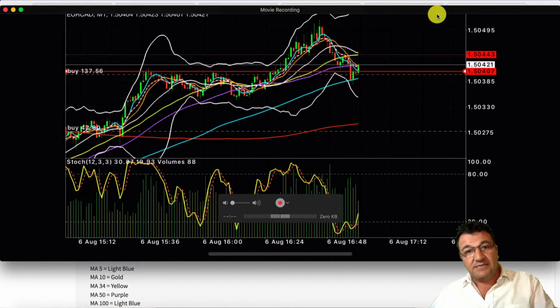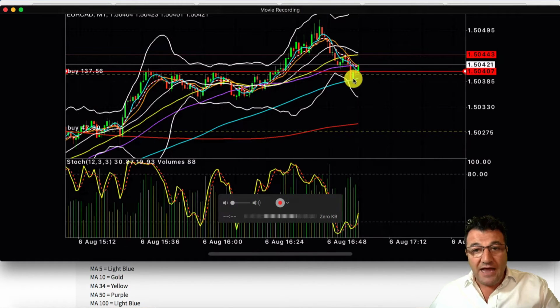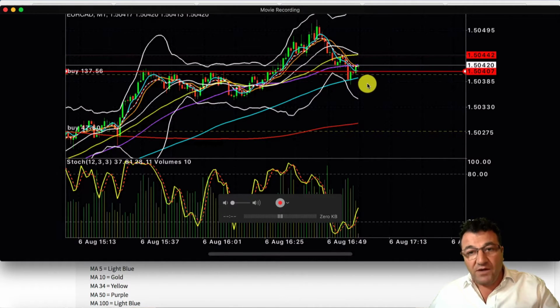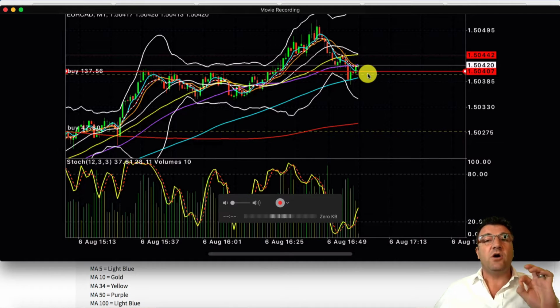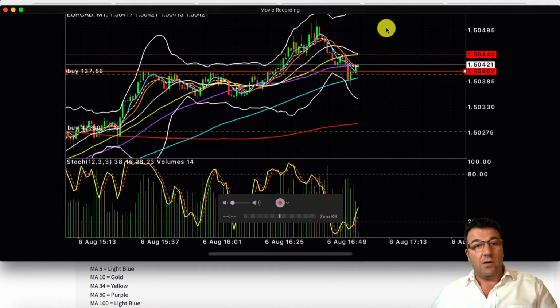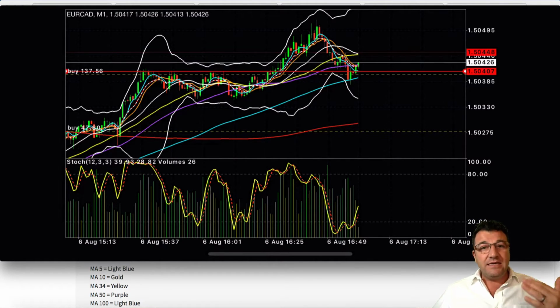So we're hoping, as you can see over here, stopped on the blue line. This one stopped on the red line, which was, if it came up to the top, it would have been a point of resistance. Now that it's coming down, we're hoping that that resistance becomes a point of support and the currency keeps on going north. Okay, so I hope that gives you a little bit of information and clarity